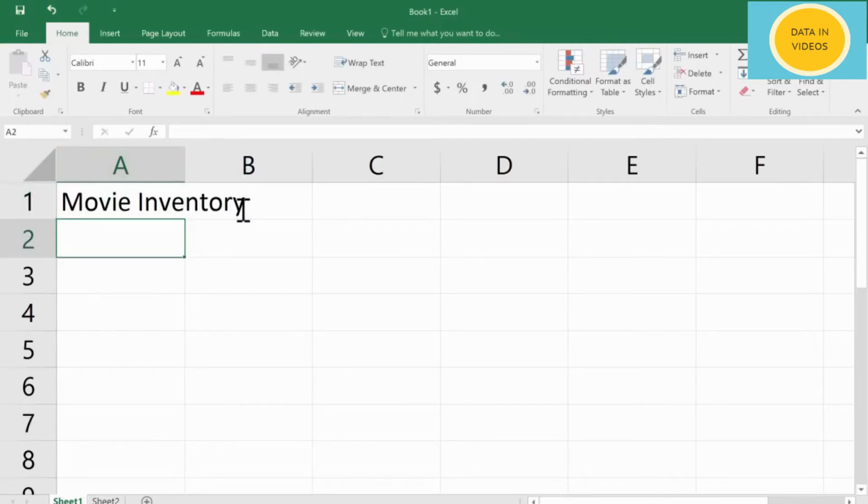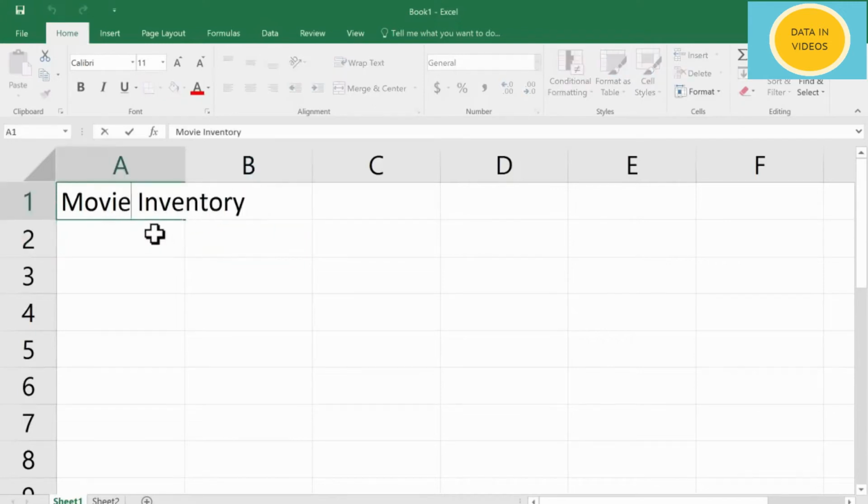If you notice, my text is bigger than the cell itself. It goes out of the cell to the right. It looks like the words movie inventory are spilling over from A1 to B1, but in reality that's not true. Both of these words are stored in A1.